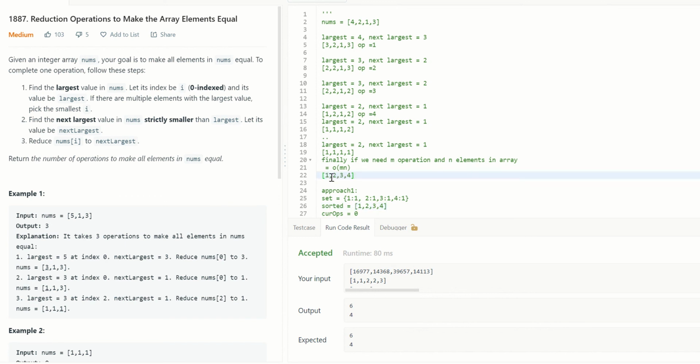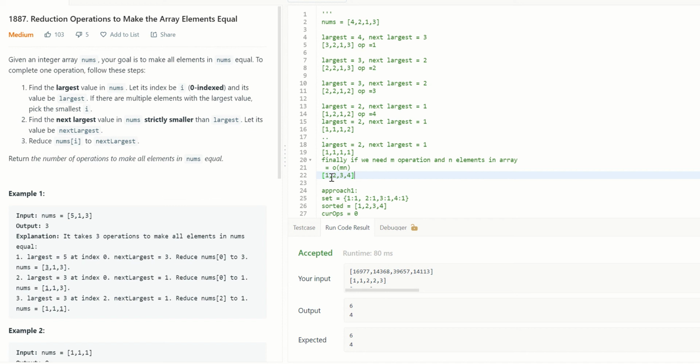So what is the largest? Obviously the last element, assuming you are sorting in ascending order. And what is the next largest? Last minus 1, obviously, in this particular case at least. If the values are duplicated, then it's a different story altogether. We will look at duplicated values later. But in this case, the largest value is at the end of the array and the next largest is just before that. That's how it's going to work.